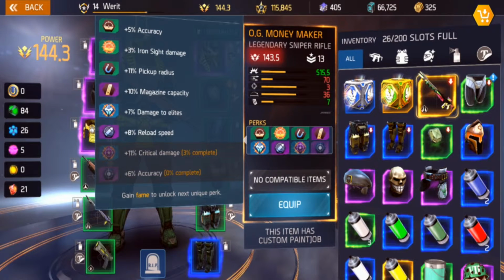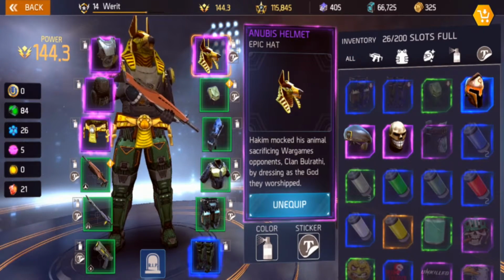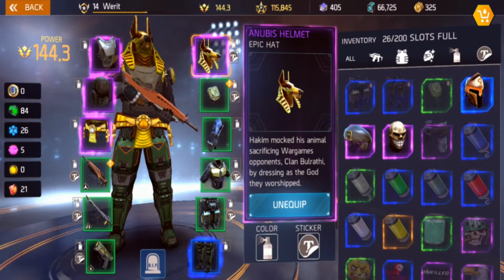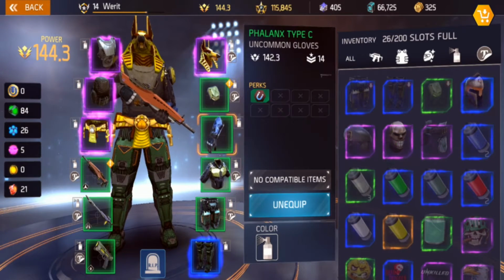And you can level up the perks by playing. There's also a cosmetic system. So you can see this Anubis helmet I'm wearing. So you can get cosmetics through dungeons. You can buy them. There's a crafting system which lets you upgrade